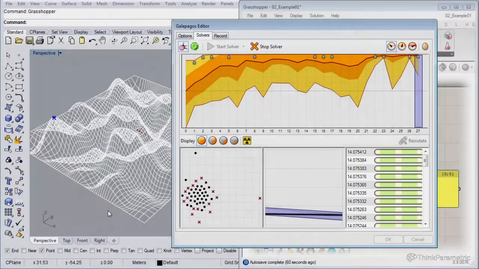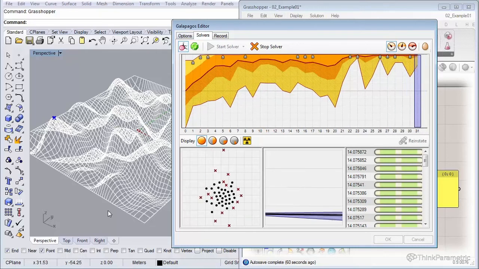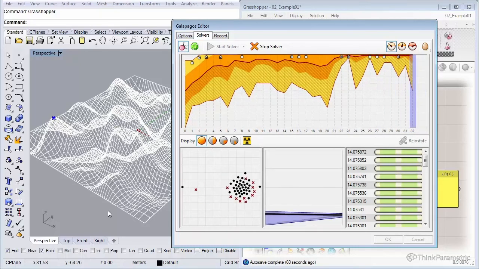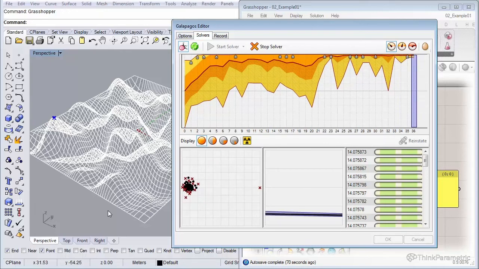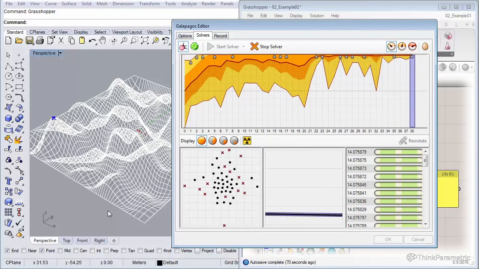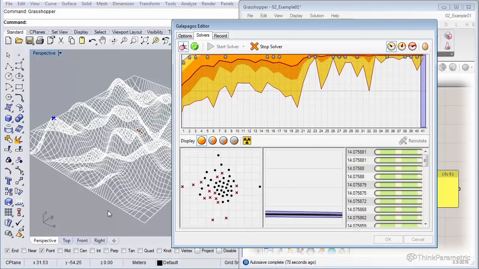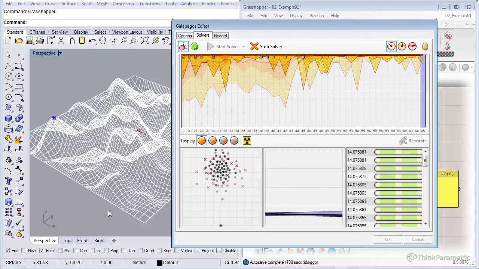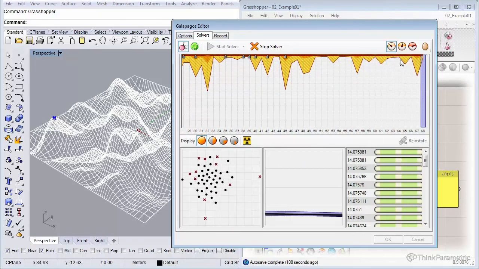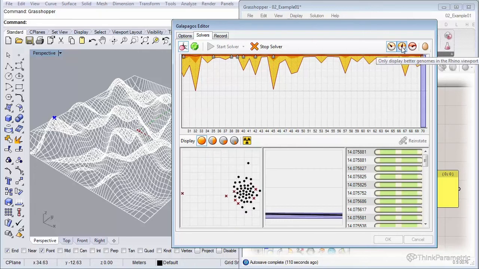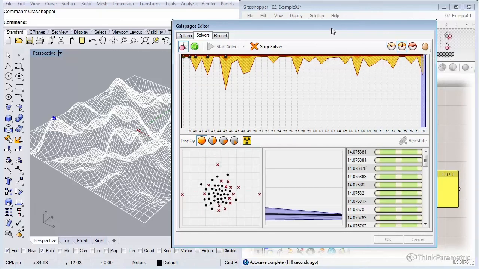You see it slowly being optimized towards 14 point something. I think pretty soon it's going to find the actual optimum. As you can also see in the Rhino canvas, the blue dot kind of hovers around this peak. And all the way on the top, in the graph, you see the different iterations. Right now it's at 42. We can speed up this process a little bit so it doesn't take that long. So let's switch to the middle speed. Now you see that the optimization goes a little faster.